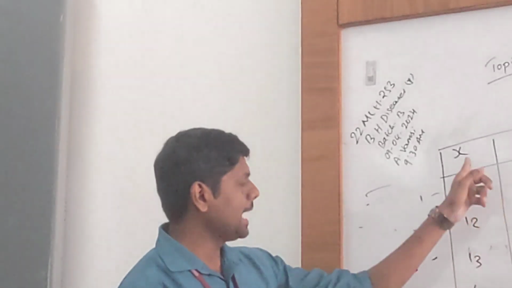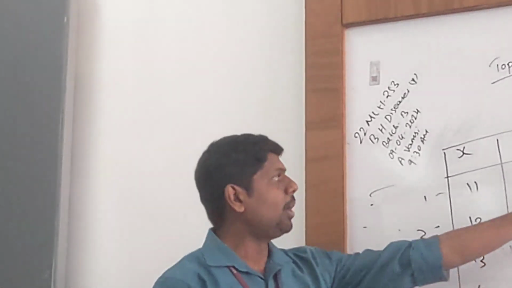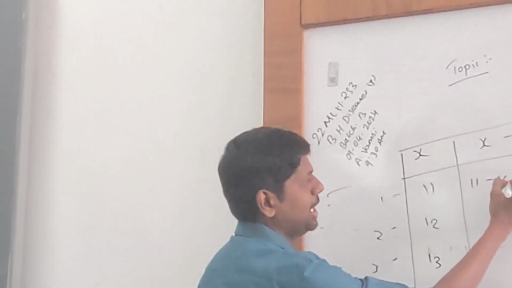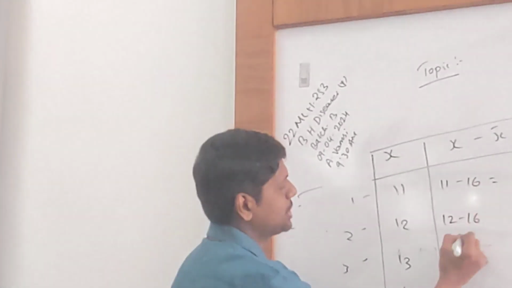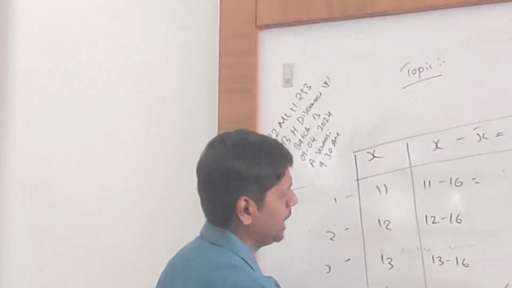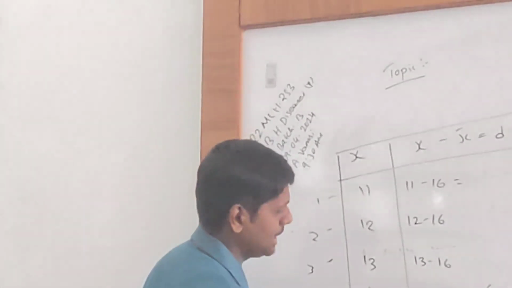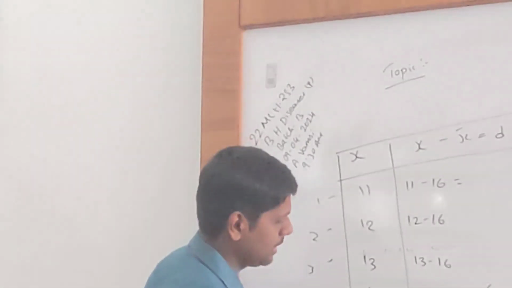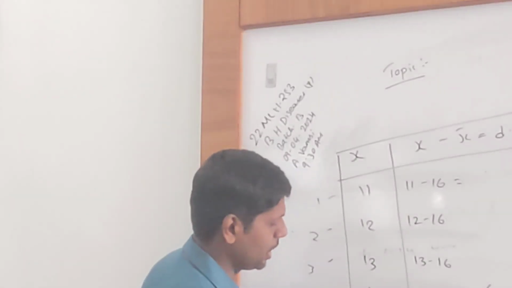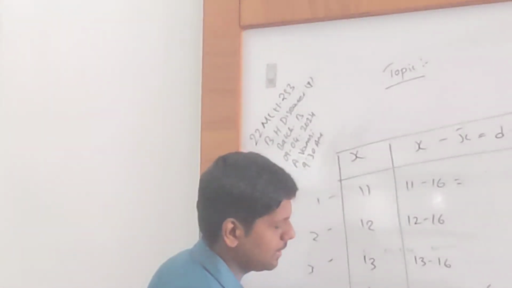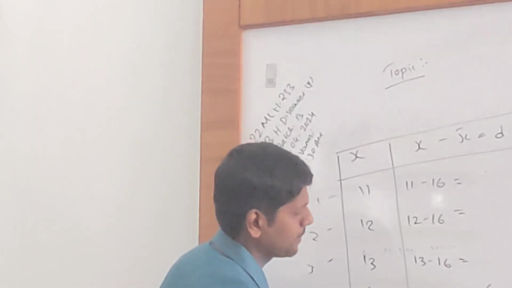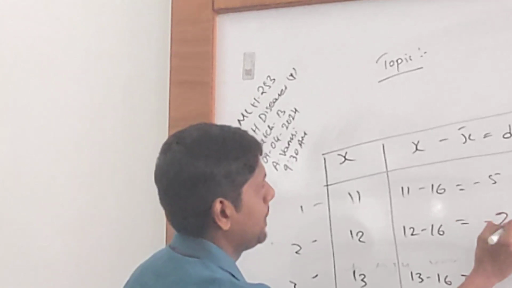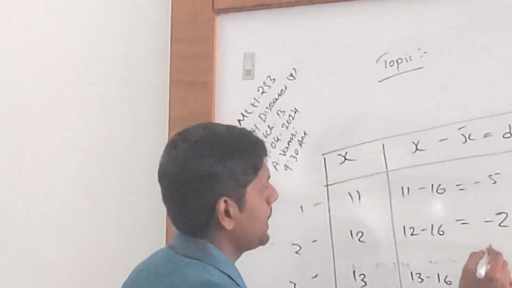Clear? First you arrange all your values. Then, what is this? 11 minus mean x bar 16, 12 minus 16, 13 minus 16, 14 minus 16, 15 minus 16, 16 minus 16, 17 minus 16, 18 minus 16, 19 minus 16, 20 minus 16, 21 minus 16. Tell me the values. Minus 5, minus 4,